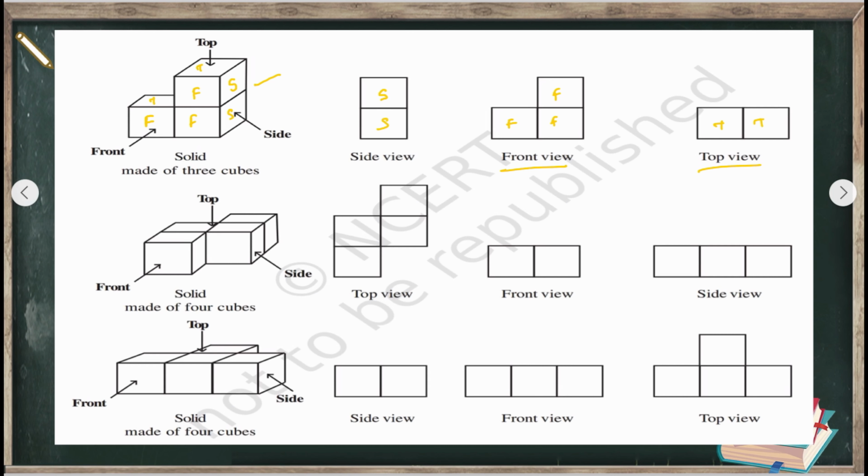The next figure is like this, slightly looking like a Z, or zigzag. So again, we have three views: front view, side view and the top view. If you look at this object from the top, it will appear like this. You will be able to see four boxes, first, second, third and fourth. That means this one is its top view. And if you look from the front side, you will see this face and this one. So this one is its front view. And if you look from this side, you will see this face, this face, also this face. So you will be able to see three boxes.